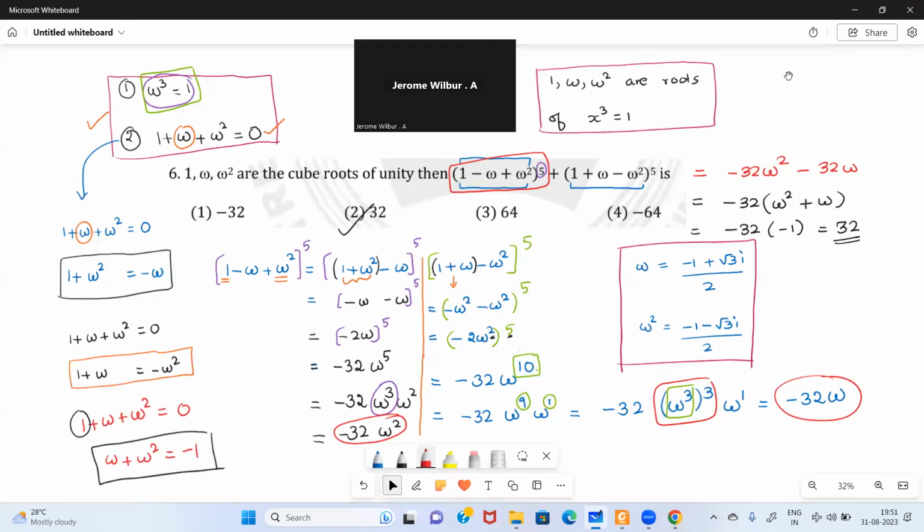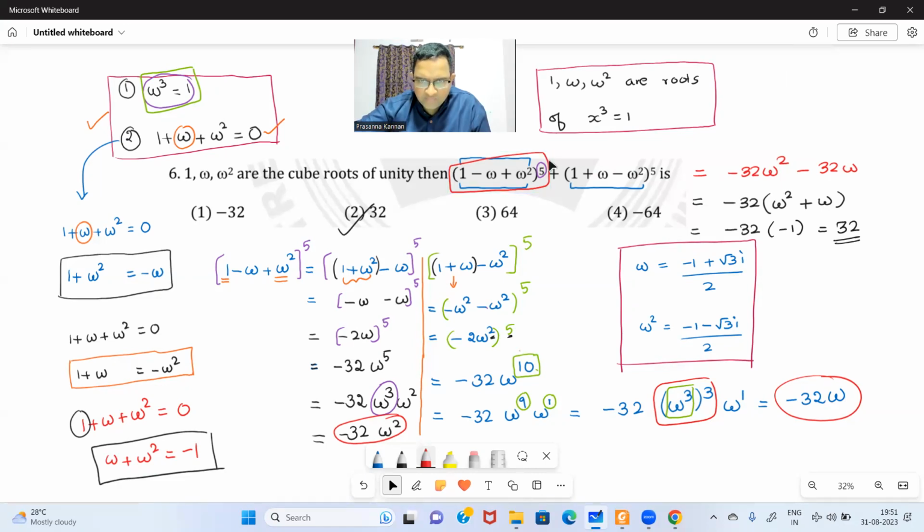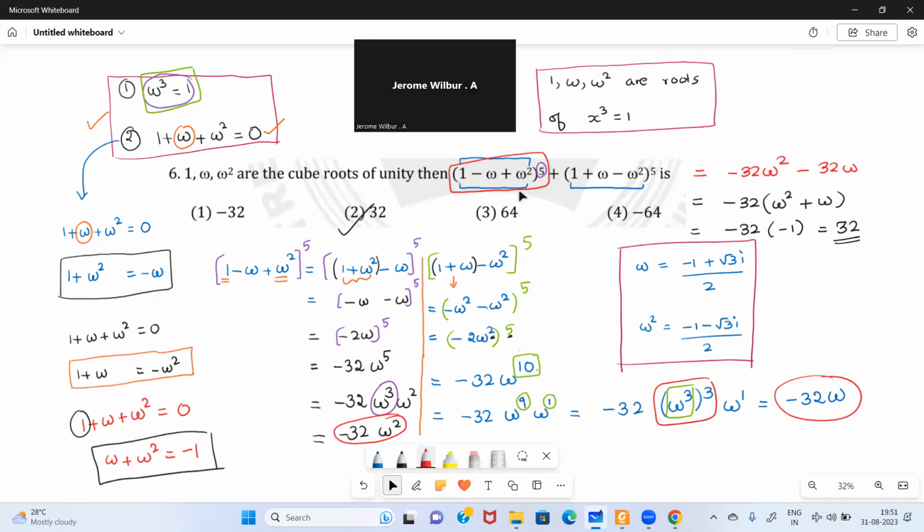1 and 1 plus omega square is equal to 0. So we take the first part. 1 minus omega plus omega square raised to 5. So instead of omegas,